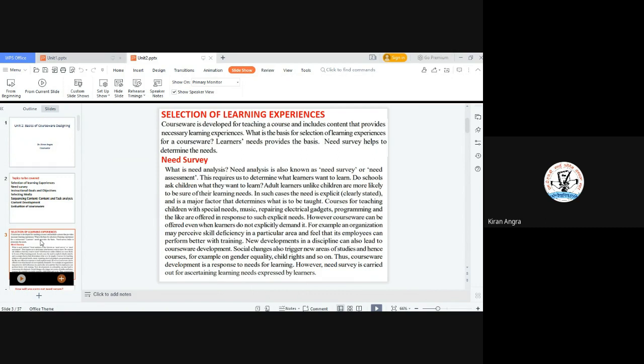So, if we are going to impart our teaching to children with special needs, it may be in the field of music, repairing some electric gadgets, programming,